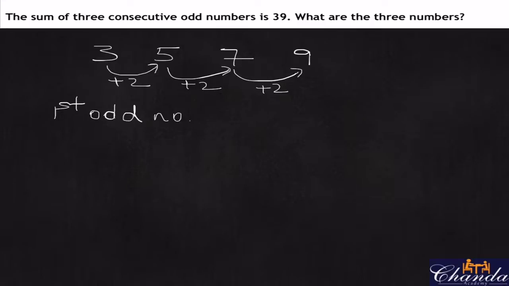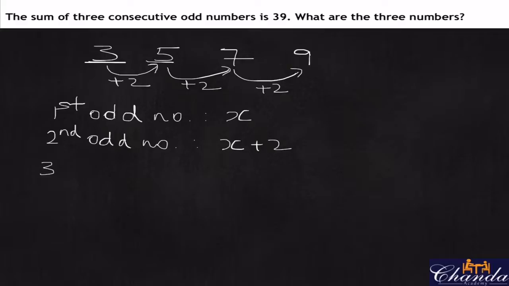is the number x, because we obviously don't know what those three odd numbers are that we're looking for. Then our second odd number, in this case, would be x plus 2, because as we can see, if 3 was our original odd number, then 3 plus 2 will give me the next one down, which is the number 5. And then we have the third odd number,